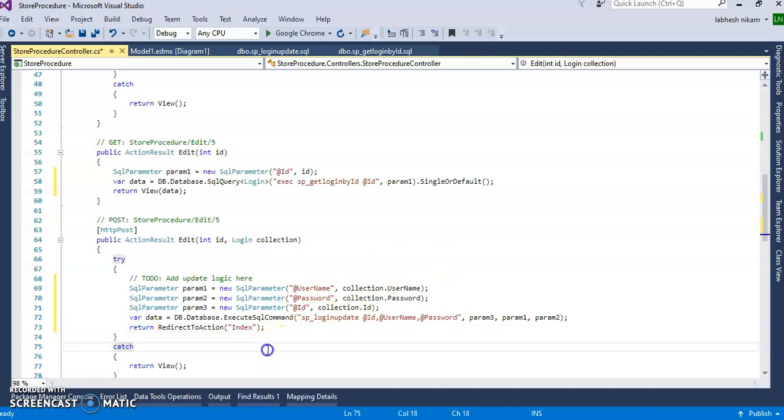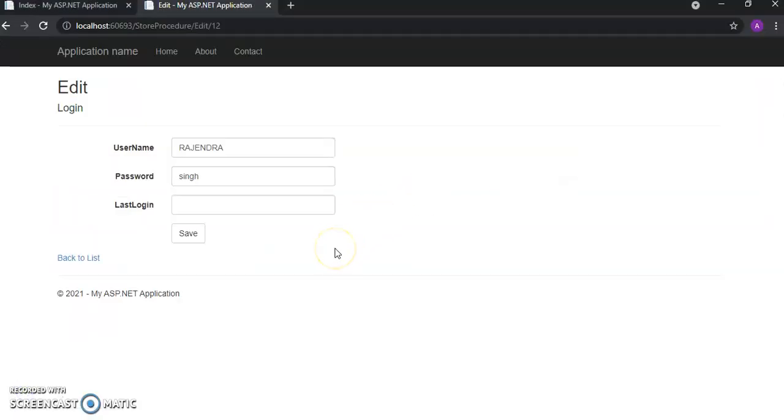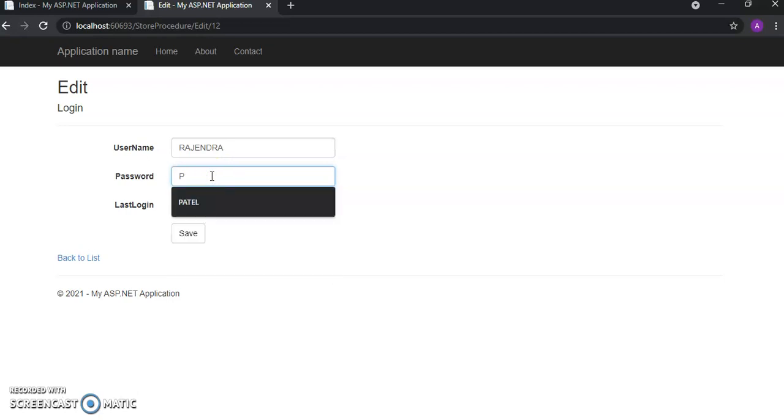Let me check now. Okay, save all these things. Click on edit, so it will give us the row data, and suppose I want to change the surname to Patel.